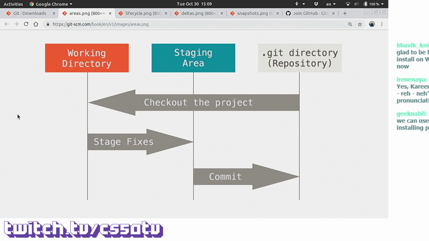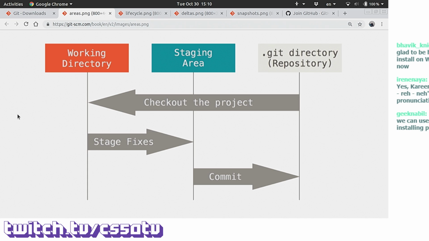Okay, so this image is from the official Git documentation, and it shows us the difference between three areas or three states in which the files can be in. The first one on the left is the working directory, and this is pretty much our folder where we make changes to our files.